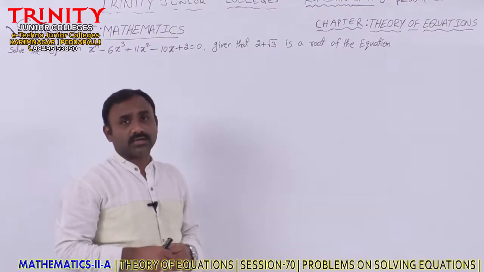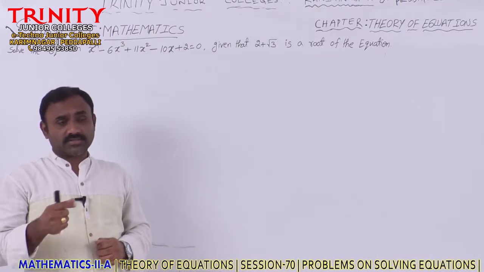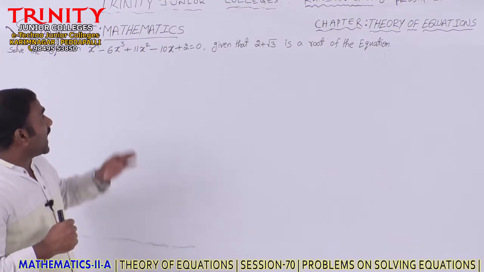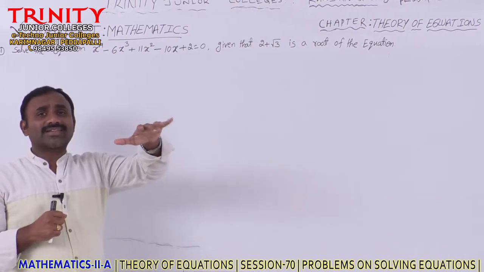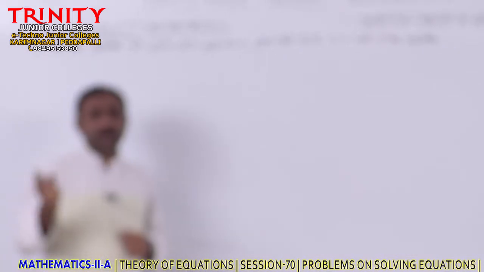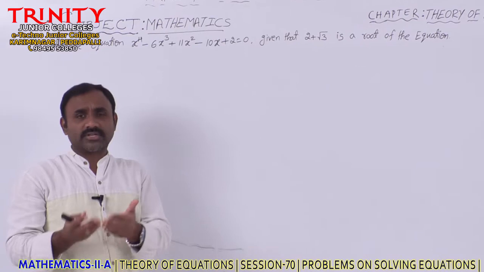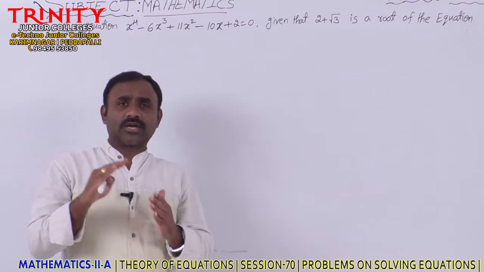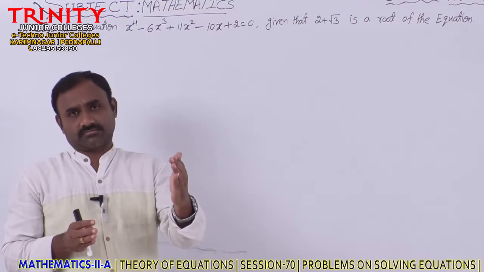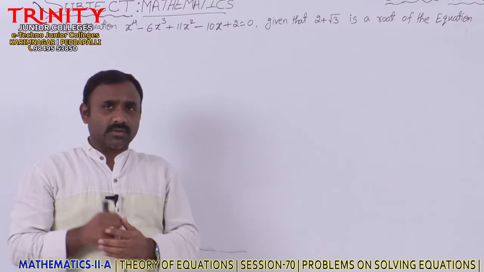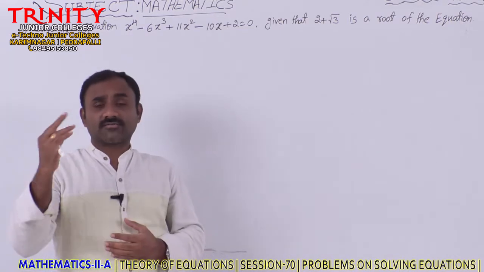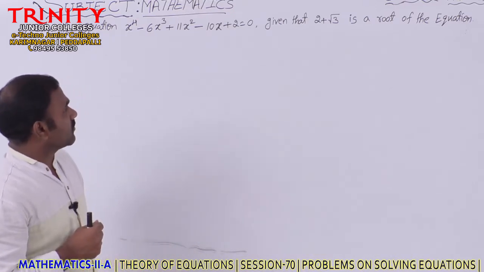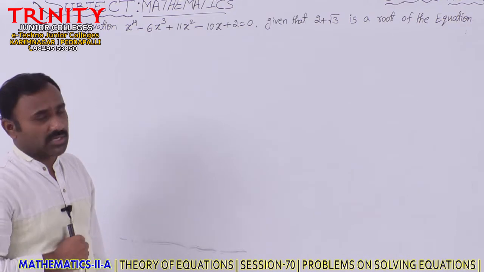Yesterday, we discussed the problem based on the concept, as well as the problem based on how to divide a polynomial by using a quadratic expression, which is either reducible or irreducible. If it is reducible, then it becomes linear. Then we know how to divide the polynomial by using synthetic division for linear factors, x minus a, x minus b, like this. But yesterday we discussed linear as well as quadratic also. Now we will solve the equation by using a quadratic polynomial.